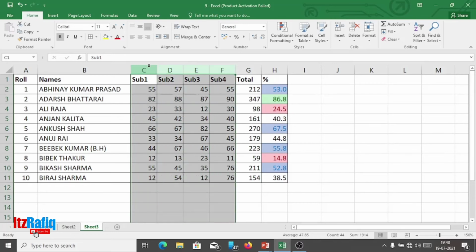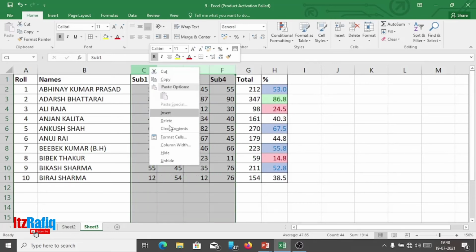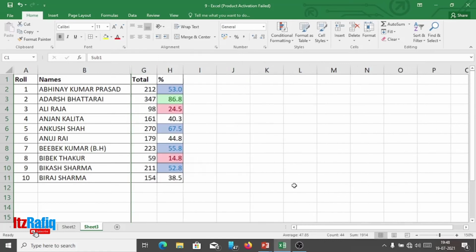Or I will hide subjects 1, 2, 3, 4. From here I'll take only two columns, name and total.